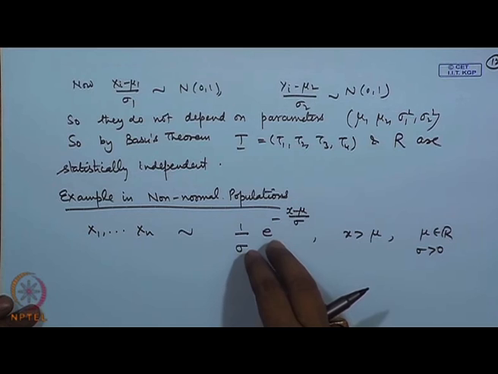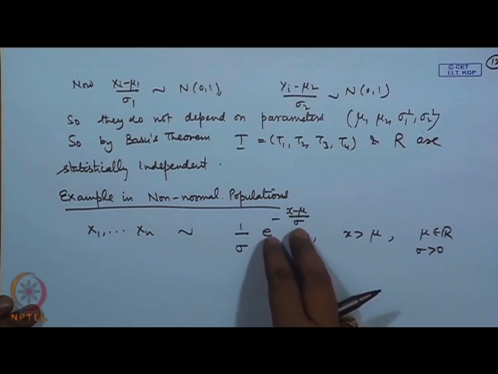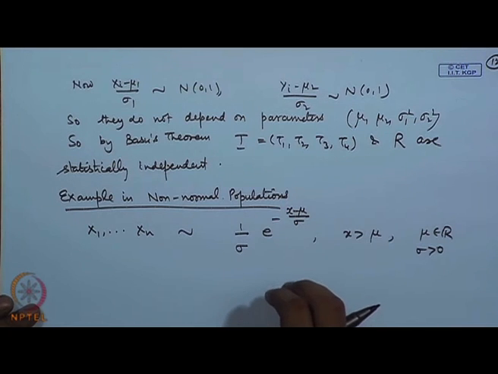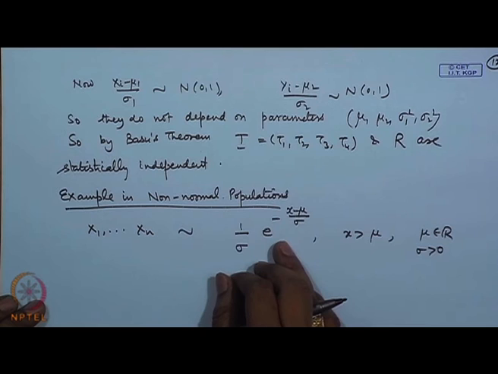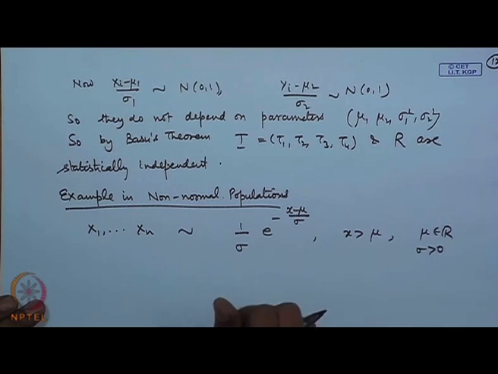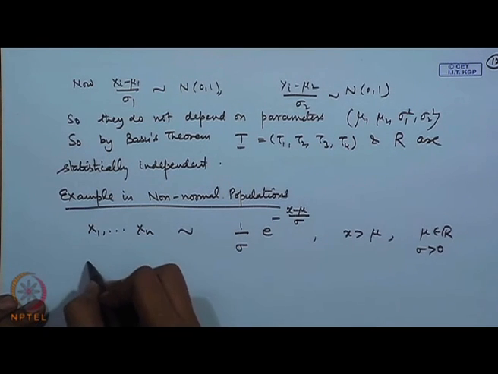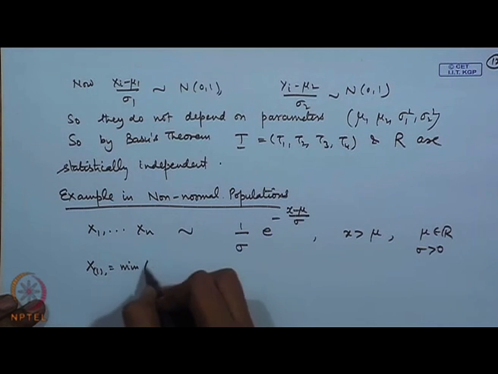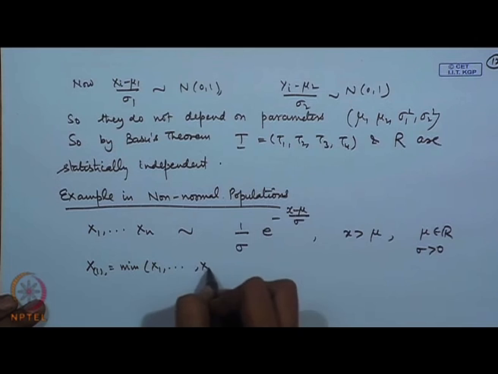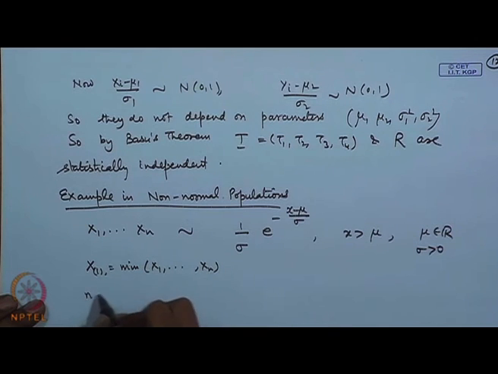That means, I am considering a 2 parameter exponential distribution. Now, this is not an exponential family. However, we have earlier shown that x 1, that is the minimum of x 1, x 2, x n, and if I consider say n times x bar minus x 1,